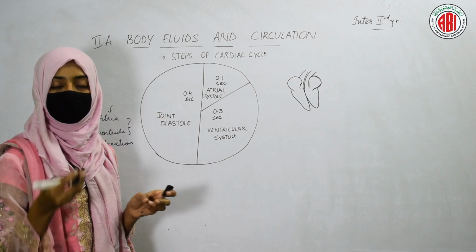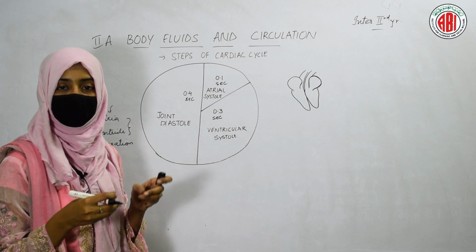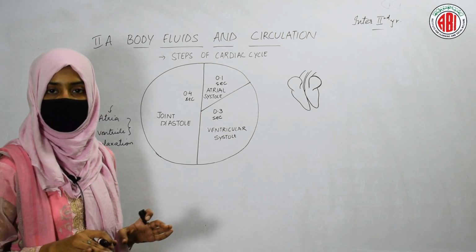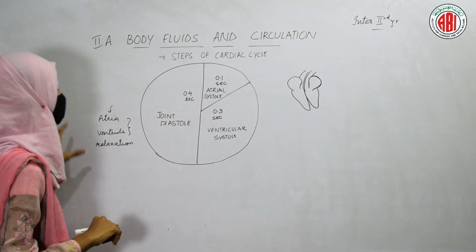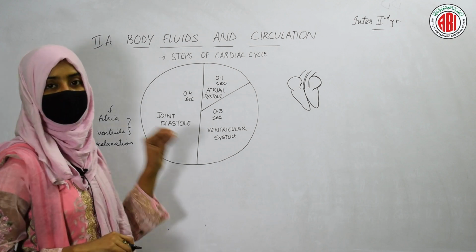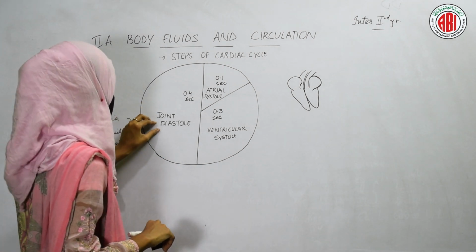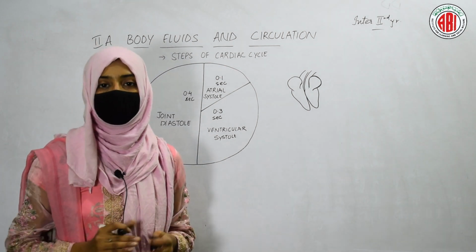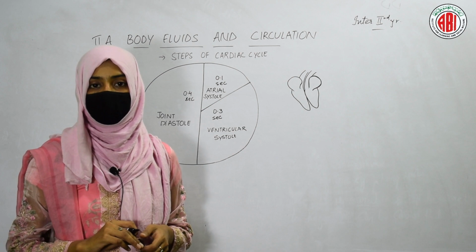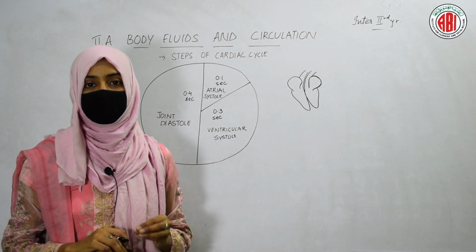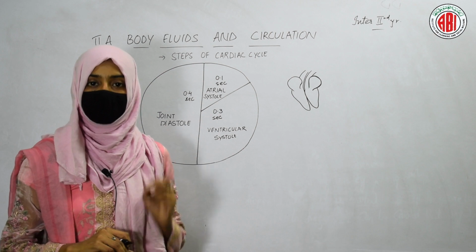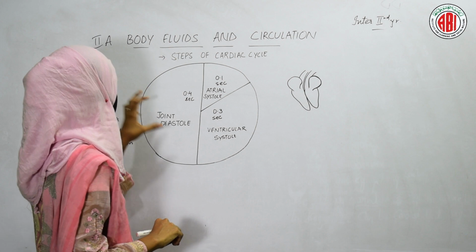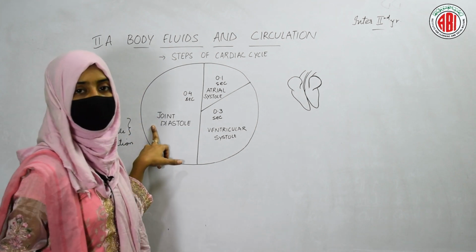So when the blood is coming into the right atrium and left atrium, at that time no contraction in the atrium and no contraction in the ventricles can be seen. Both atrium and ventricle show relaxation. That condition is called joint diastole. So in simple words, joint diastole is a step in the cardiac cycle that explains the relaxation of atrium and ventricles, and filling of the blood in the atrium takes place in this 0.4 second, that is in the joint diastole state.